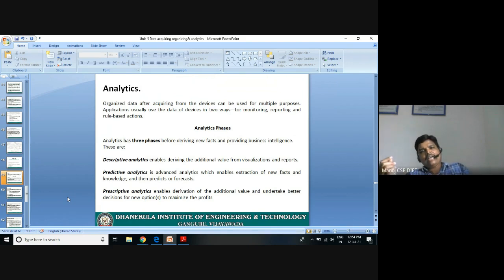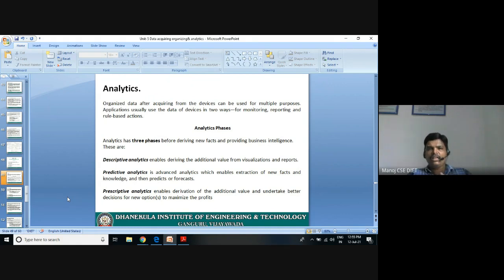Whatever data is acquired through our devices, through our sensors, all these devices are embedded with some sensors. These sensors are responsible for acquiring the data from the real world. In our IoT platform, all the sensors are integrated in various devices, and these devices are placed at various positions and grab the data with the help of the sensors fixed in them. There is specific compatible software, and both hardware sensors and software sensors, two categories, are there.